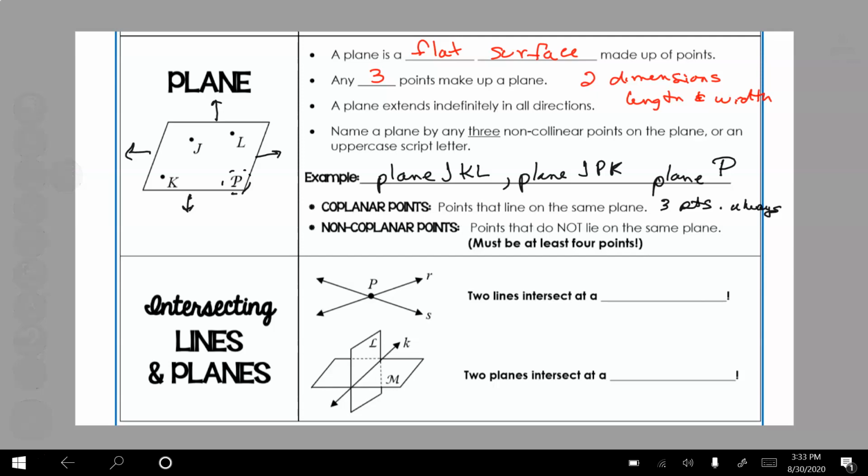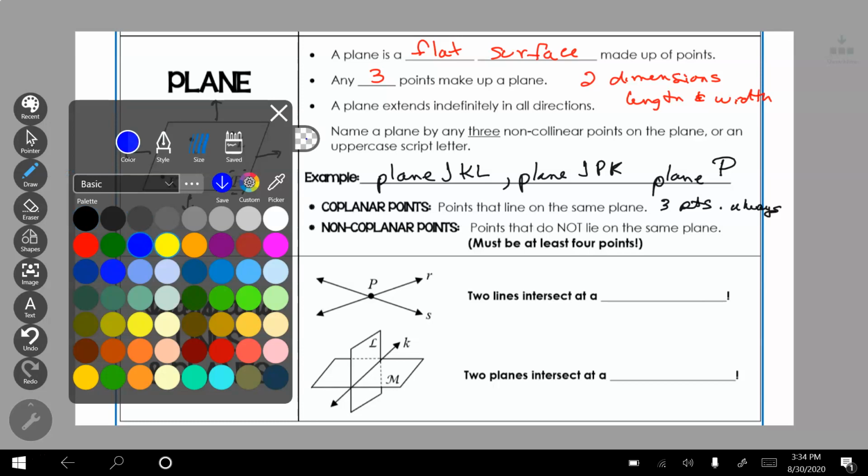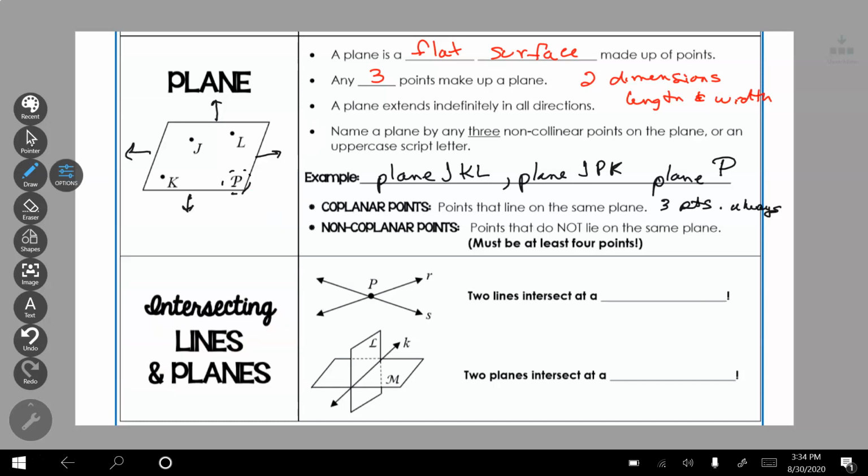So first of all, we have line R and line S, and they come together and they intersect in a point. So line R and line S intersect at point